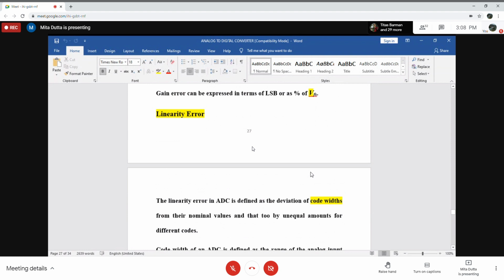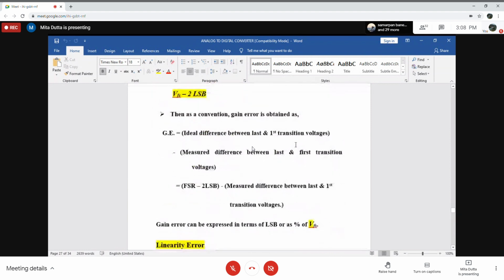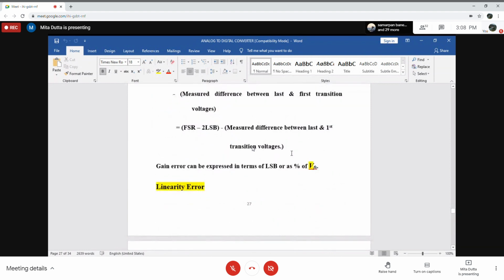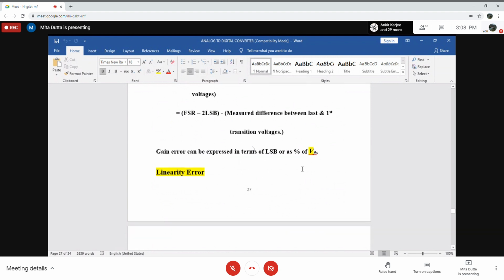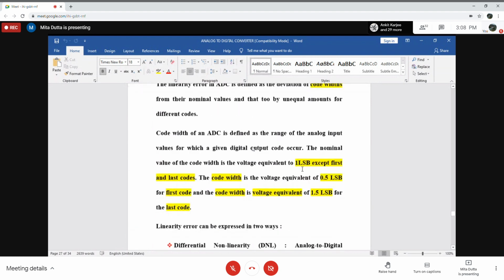Code width, or quantization step, we can define as the range of analog input voltage for which the digital output occurs. We know the nominal value of the code width is the voltage equivalent to 1 LSB,